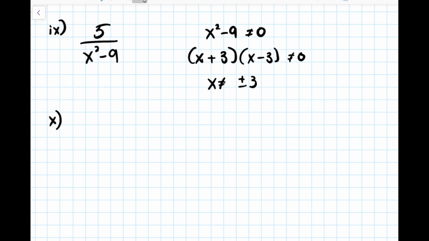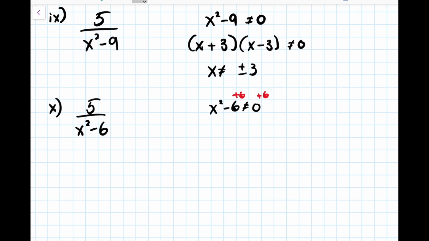Okay, continuing on. What if that second thing's not a perfect square, though? We could kind of try to go through it the same way, but a different way of solving this is actually just to isolate our variable. So we can add 6 on both sides here. And this does only work because we don't have the x term, we just have the x squared and the 6. So this gets me that x squared cannot be 6,